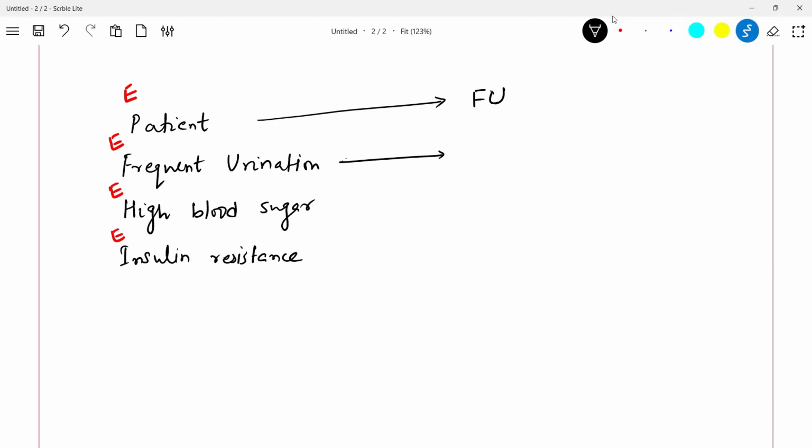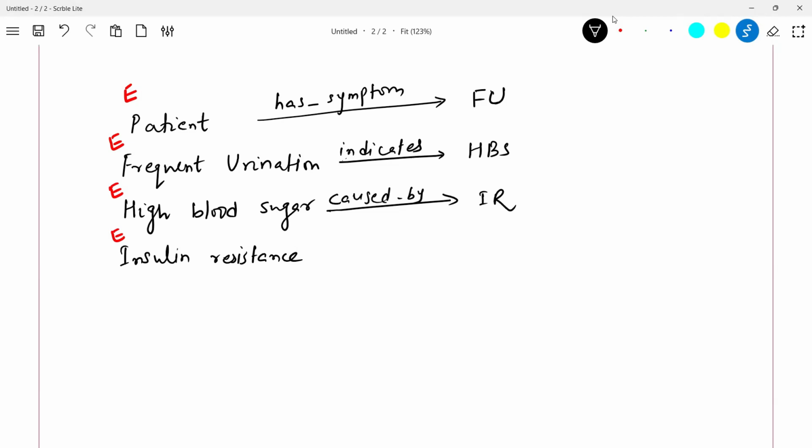Frequent urination, with a relationship name of, for example, "has symptom". Frequent urination is related to high blood sugar with a relation called "indicates". High blood sugar is related to insulin resistance with a relation called "caused by".